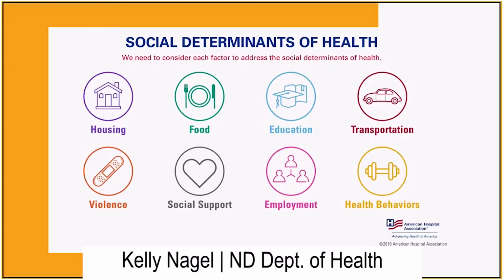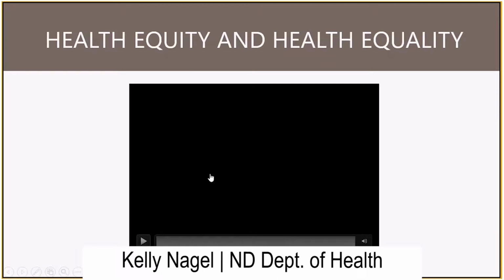So now that we know that the social determinants have a bigger impact on a person's health than clinical care, we must support practices that address these key issues as a part of successful population health strategy. And on this slide, there is a link that's embedded to a video which was actually created by CAT Communications and the Health Department that talks about the social determinants of health and what the difference is between health equity and health equality. And it's important to know that there are differences between the two.